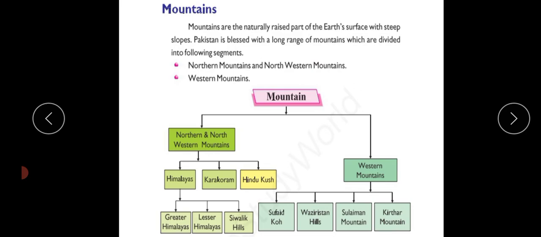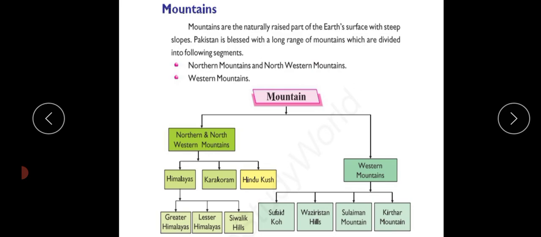Naturally raised part of the earth surface, जिसके slopes क्या होते हैं, steep होते हैं, और sharp peaks भी होते हैं, sharp points भी होते हैं, और ये highest भी होते हैं as compared to the other landforms. हाइट में सबसे ज़्यादा होते हैं। पाकिस्तान is blessed with a long range of mountains which are divided into the following segments. If you talk about Pakistan, so there are long ranges of mountains, जिसको जो है 2 segments में